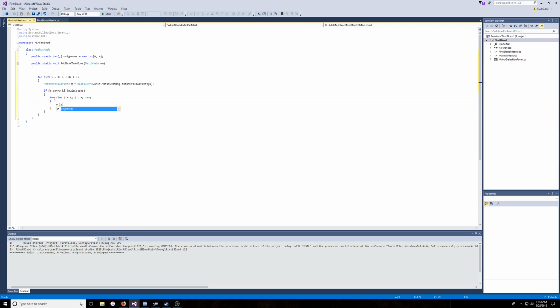So now we go origMoves, and then we have i, the number of the wrestler, and then j, the number that we're in, equals, and we're going to have to cast this because the wrestler skills are stored in skill ID, and we don't want to store it in skill ID. That would be a pain because the wrestler ID is an integer and the skill ID is a SkillID. We can change that to an integer really easily because it's an enum, and an enum is just a list that has a value and a name. So we can change it to an int just by putting int in parentheses before